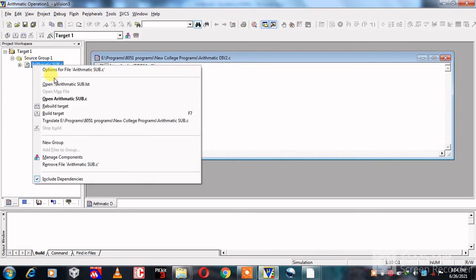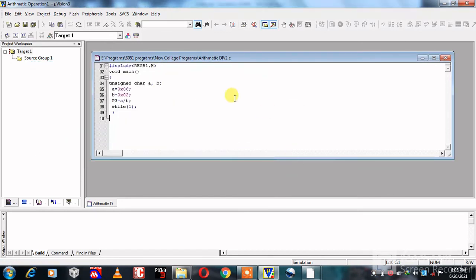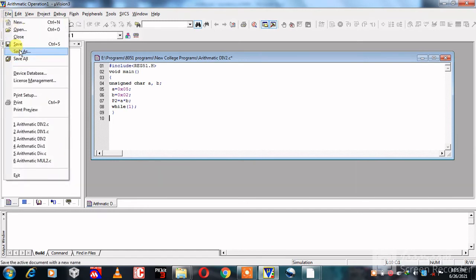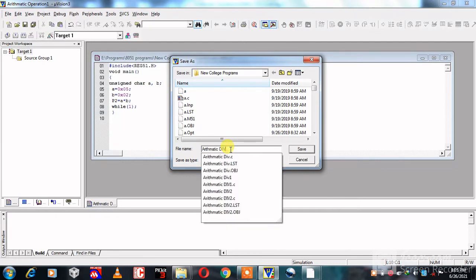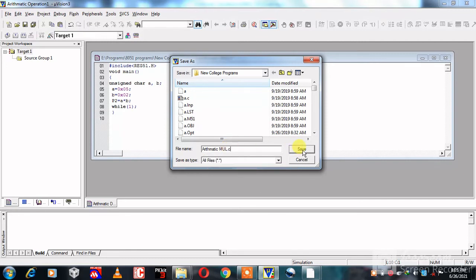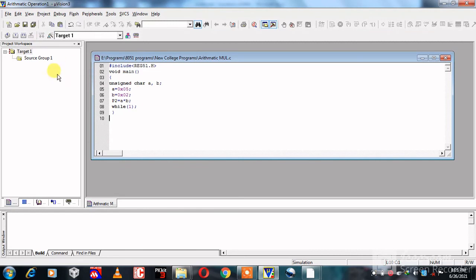Our next arithmetic operation is multiplication. Initially remove this source file. Click on S. I have written the 8-bit multiplication program. Then click on file, save it, give file name arithmetic mul.c, then click on save.